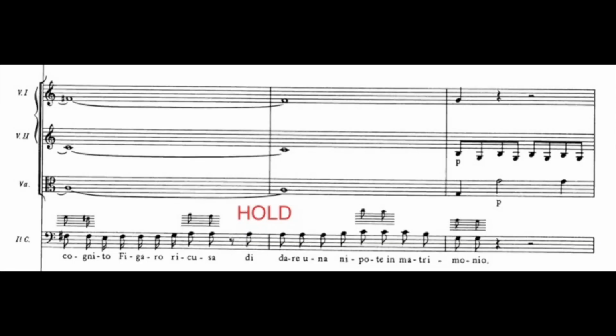So, one example. In that sentence where the Count is talking about Antonio, we have a held note, and then the orchestra comes in and starts a new musical phrase when the Count says matrimonio. When he says monio, the orchestra has to get going. But before that, there's just a held note. So that means for us conductors that we are holding that note and we're paying attention to how quickly or slowly the singer is giving this phrase.